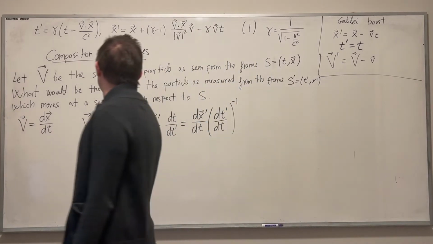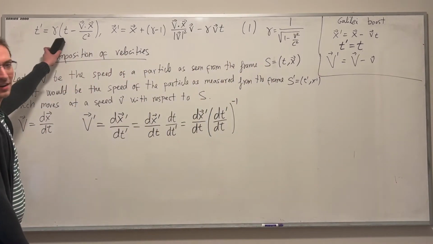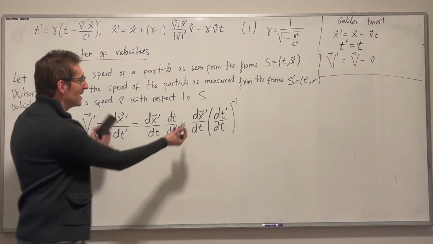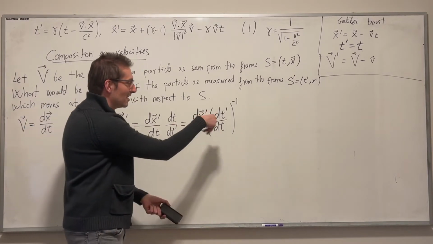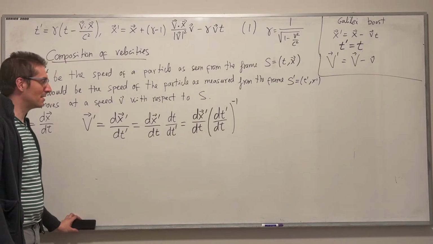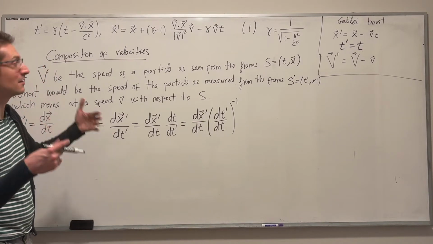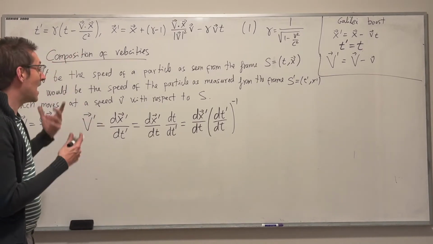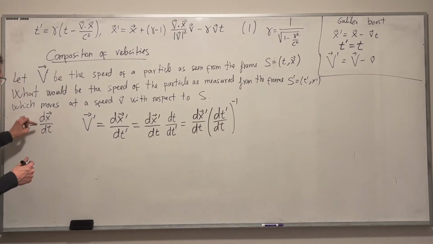All right, why did I write like that? Well, because we have these formulas here, and we can just differentiate these expressions to get the expression that we want for capital V prime. That's very easy. It's just a matter of arithmetic and taking derivatives, and remembering that every time you get dx/dt, you substitute it by capital V, okay?